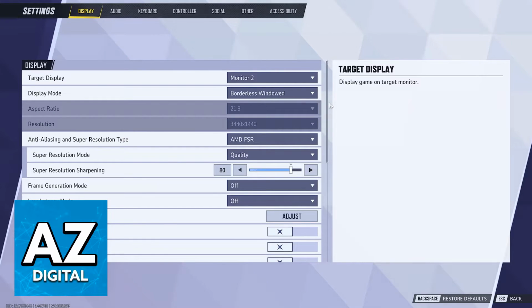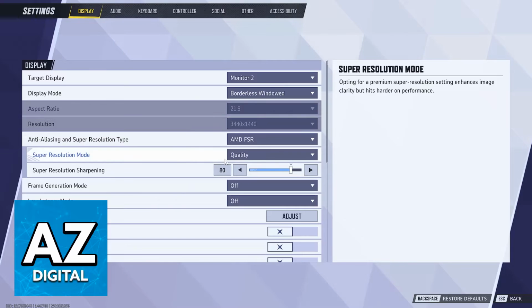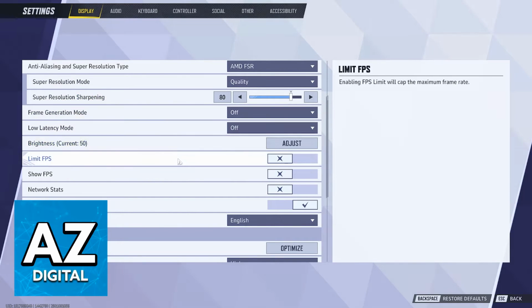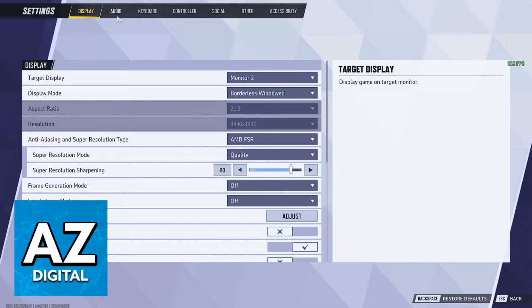Display is usually going to refer to the graphical quality of the game. So if you notice that your game is not running well, or you are getting something like input latency, make sure that you are running on full screen, and try to mess with the resolution settings. You can do an FPS limit. If you notice that your FPS is unstable and jumping all over the place, you can enable the option to see your FPS if you prefer, so you can always keep track of it. And of course, you can lower the actual graphical fidelity of the game, in turn giving you better performance.